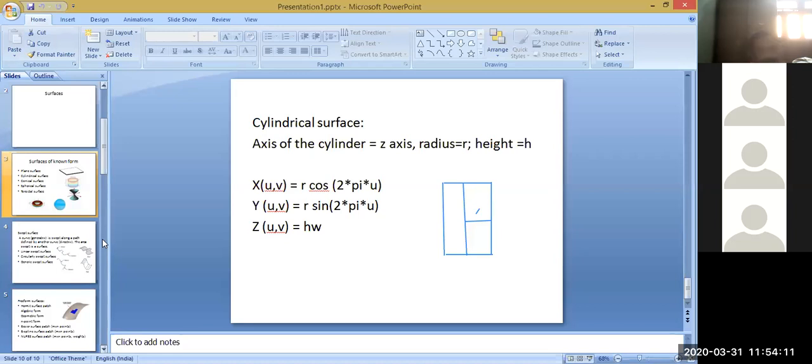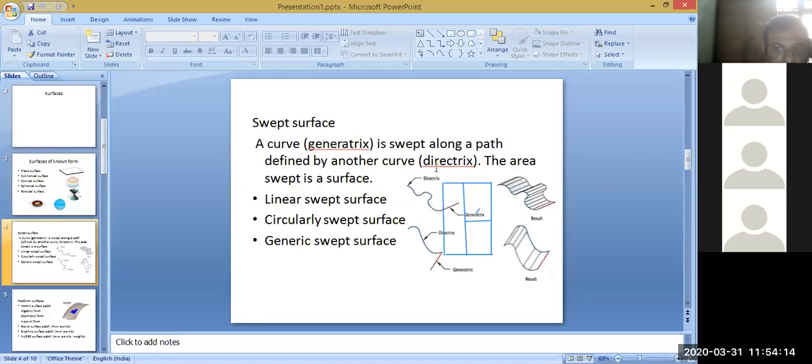Mostly the swept surface. Here I am saying the swept surface. Very important. In the freeform surfaces also, we can use this swept concept. The swept concept contains a generatrix and the directrix, and the generatrix follows the profile of a directrix and forms a final path. Maybe I can say this is the core of